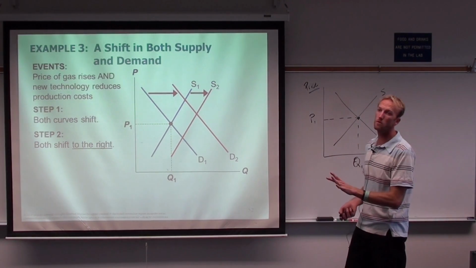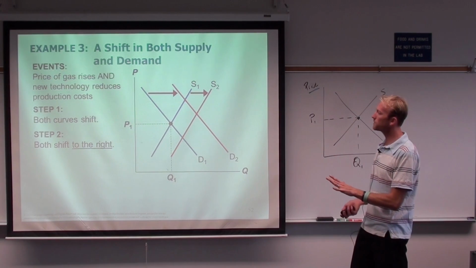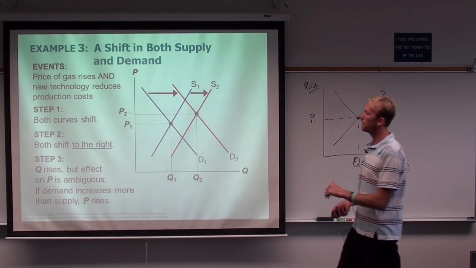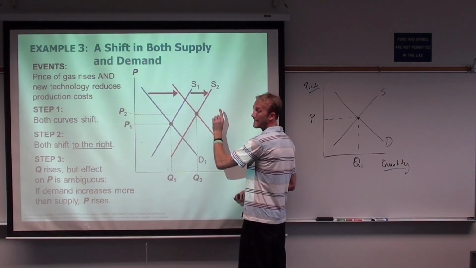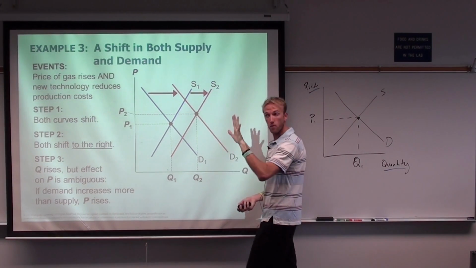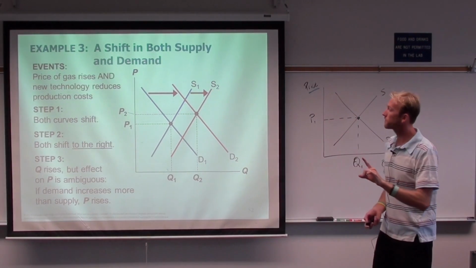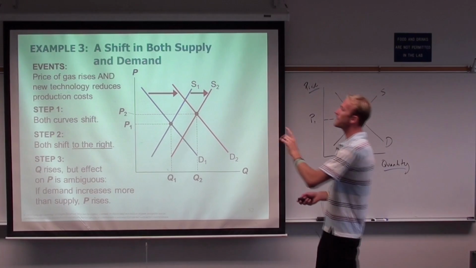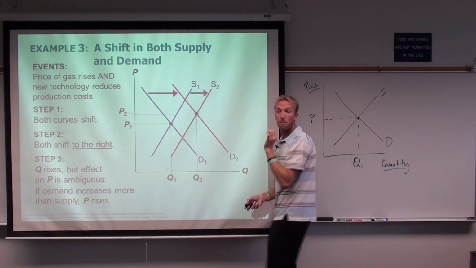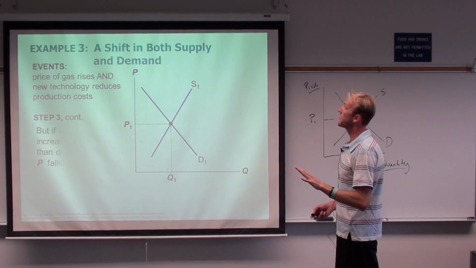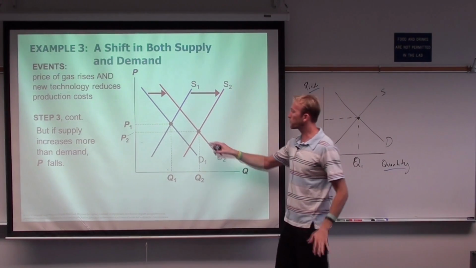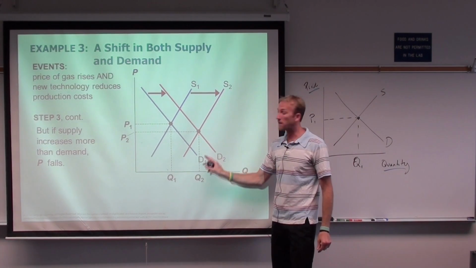And so what do we know about the new equilibrium? Okay, what do we know about the new equilibrium? Well, let's draw this point right there. The way I have it drawn right now, price went up and quantity went up, right? But careful, wait for a second before you think of that for sure. The reason why that happened is because I made the demand jump a lot and the supply curve only jump a little bit. But I could redraw this a different way, where I make the supply curve jump a lot and the demand curve jump a little. And now notice, the price is actually lower than it was before,